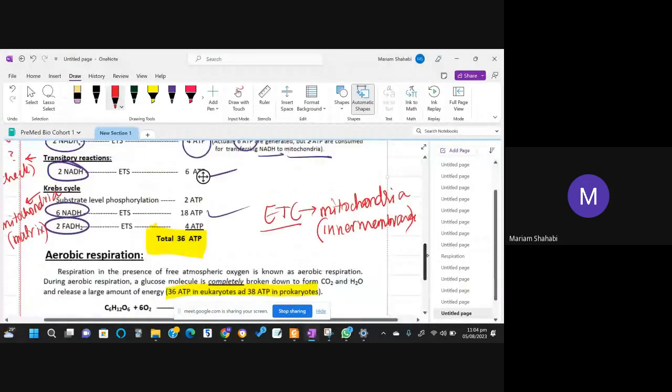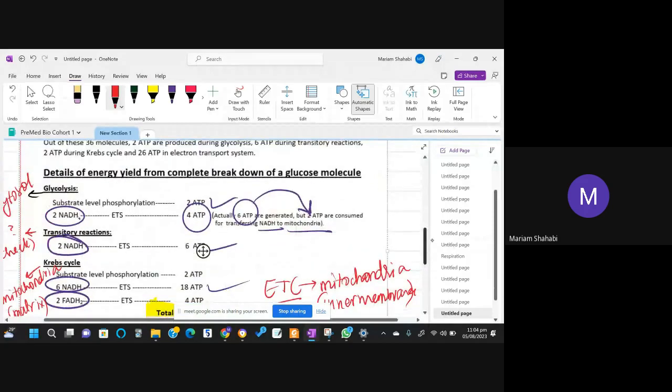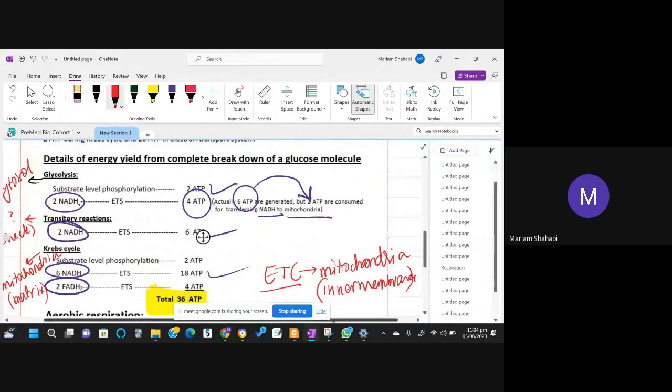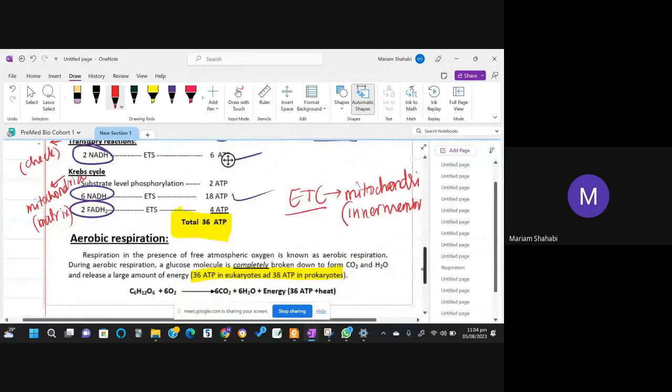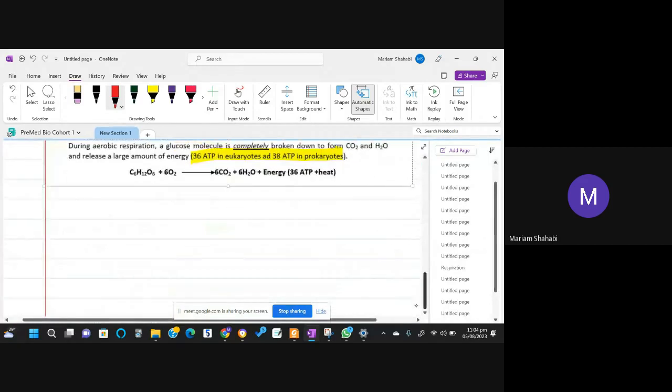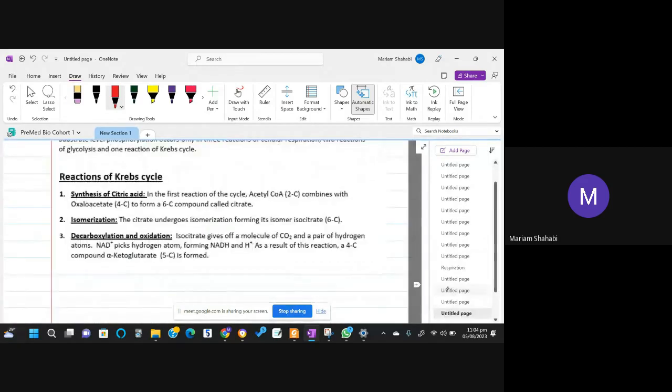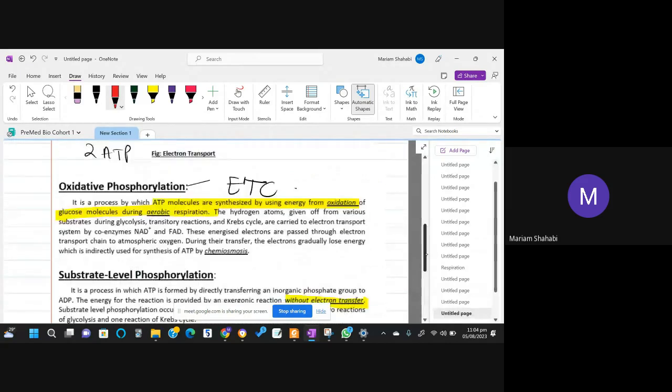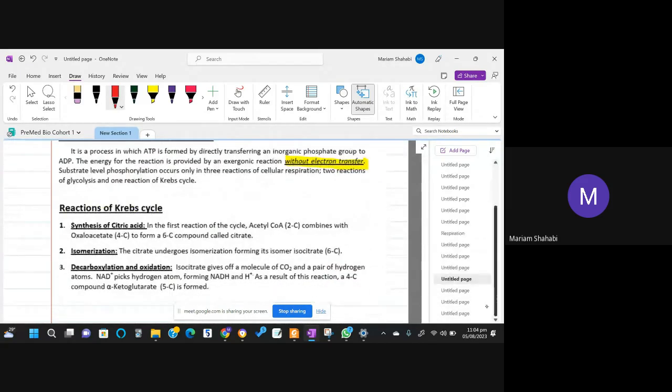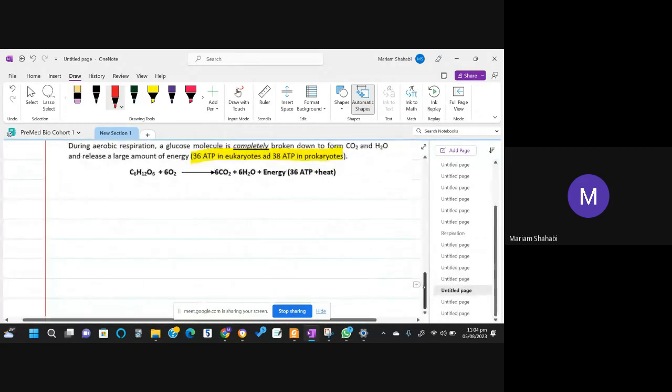अच्छा, तो ये तो पूरा मैथमेटिकल कैलकुलेशन हो गई कि कौन से स्टेप में कितना ATP बना, कितना NADH से कितना ATP बना, एंड आई थिंक दैट इज इट। इसमें रेस्पिरेशन में फर्मेंटेशन रह गया।